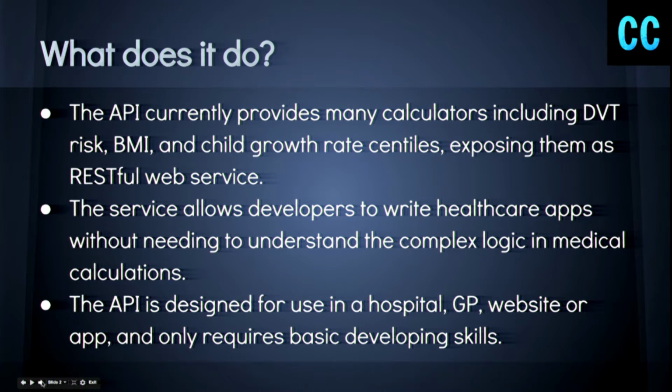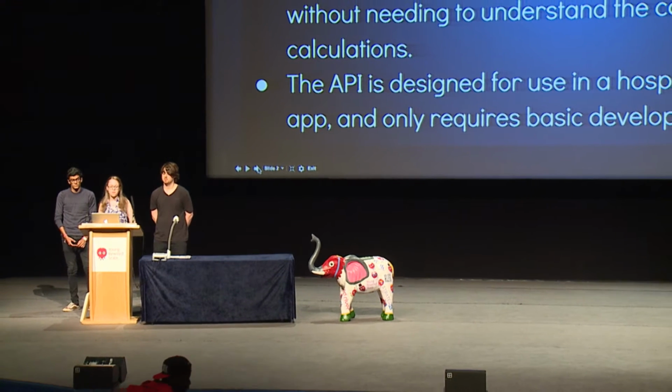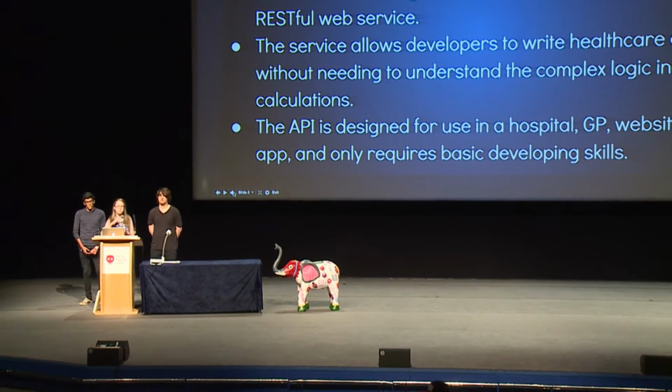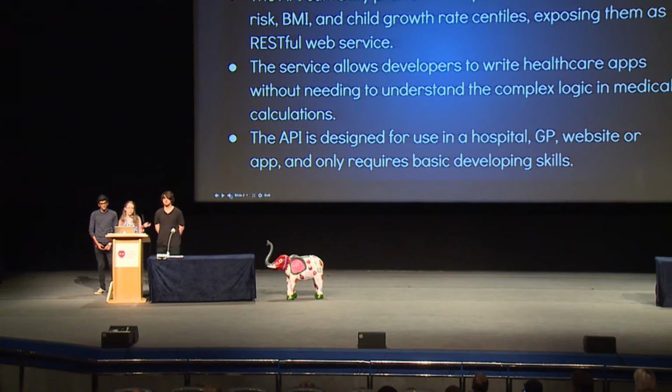So at the moment, we have got quite a lot of different calculators, but I'll just tell you about a few. We have one called DVT risk, deep vein thrombosis risk. We have a BMI calculator, and we also have one that tracks child growth rate centiles. So that would just be child's age versus their height, so you can figure out where they are against the